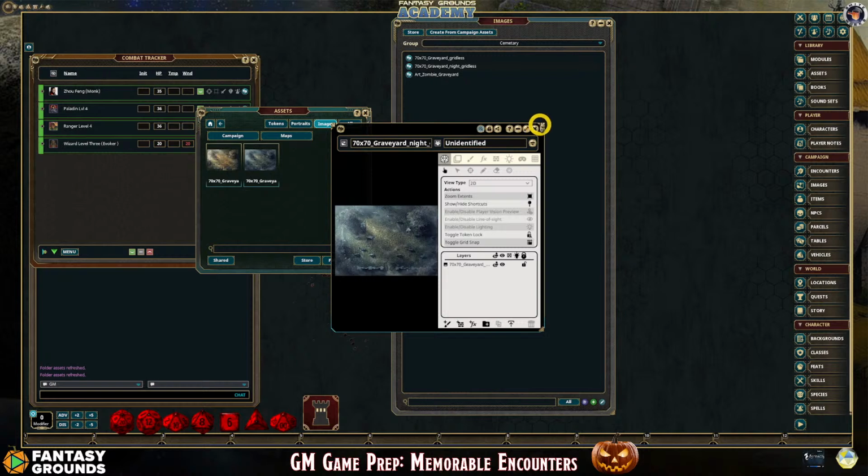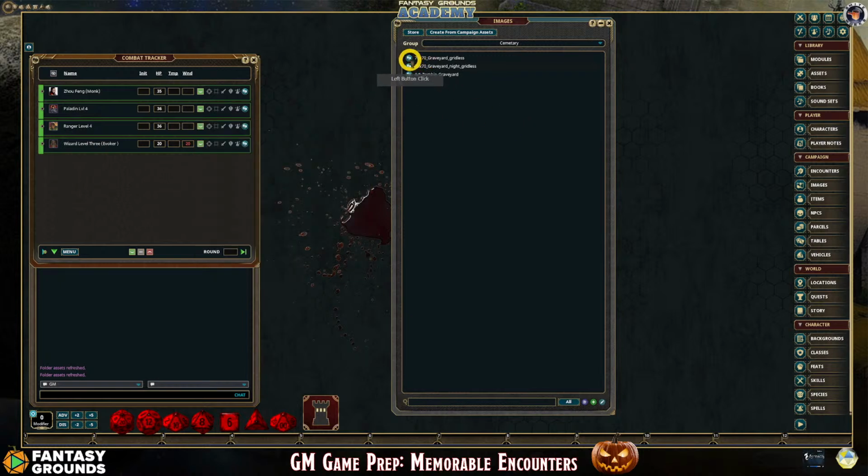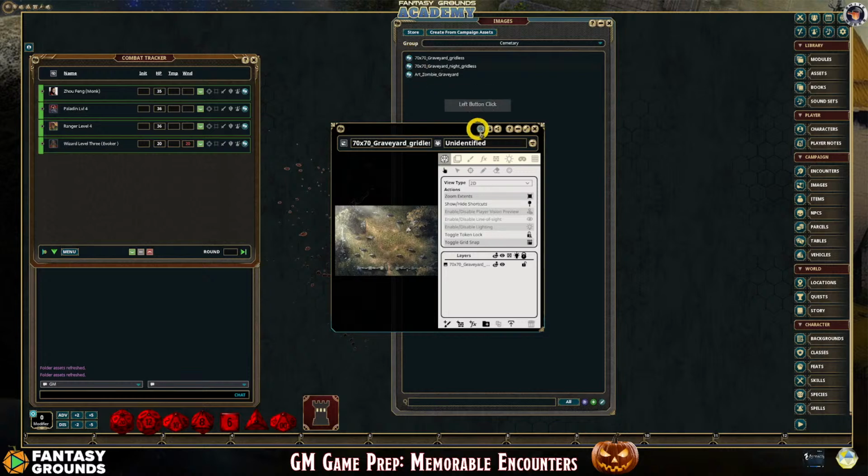So here's both of them, both the images. And as you see, this dimension callout here is really nice to have. If you have maps like that, it's going to help you know the grid size. But something like that, I should have done this before, I'd put "map" in